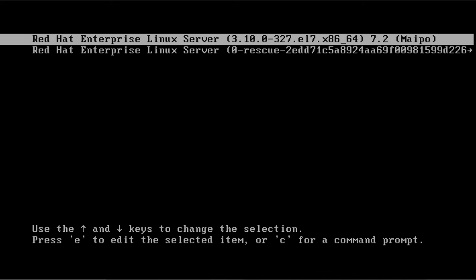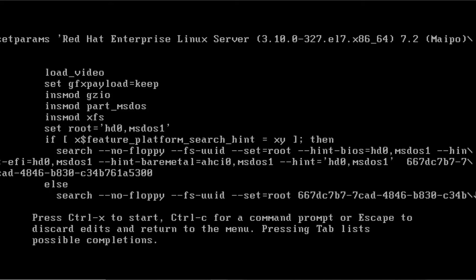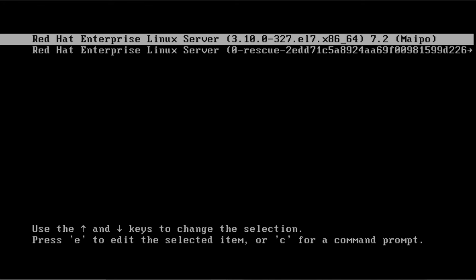so that when anyone tries to edit the kernel parameters by using the E option, then it has to provide the username and password, and if it does not know the username and password, then it is not able to edit this. So for securing this password reset, we can do what? We can put the password on grub.